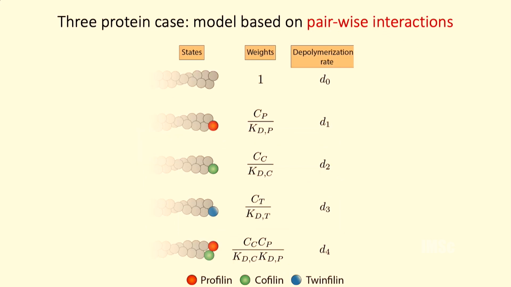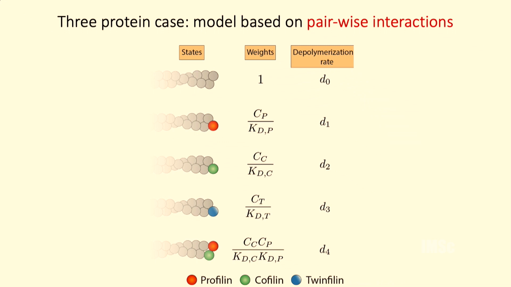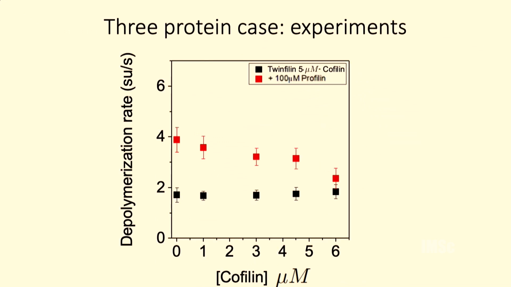Now that you know the pairwise interactions, we can ask the question: if we add all the three proteins together, what's going to happen, right? Because we know individually how they interact pairwise. So all that you have to do is combine all the different possible states that are allowed by these pairwise interactions. And you already know the different rates. You can make a precise prediction of what's going to happen, right? Turns out that